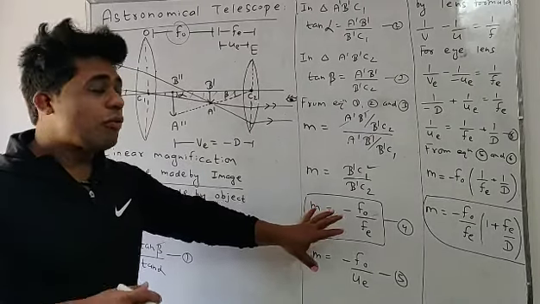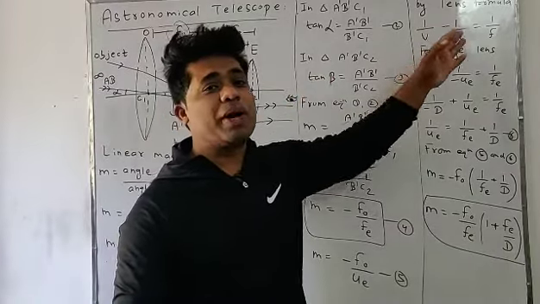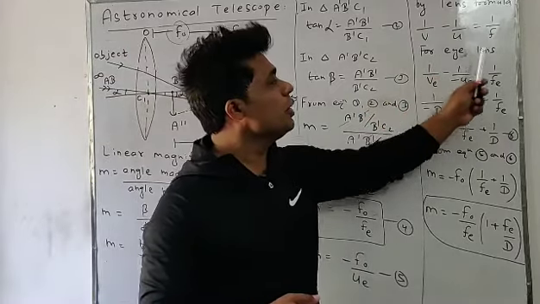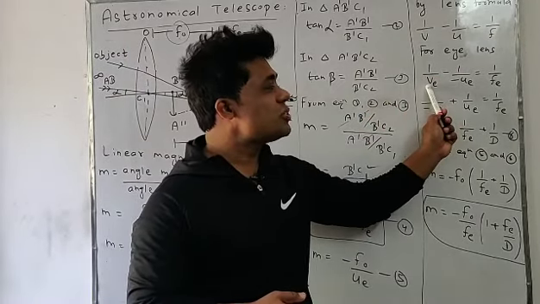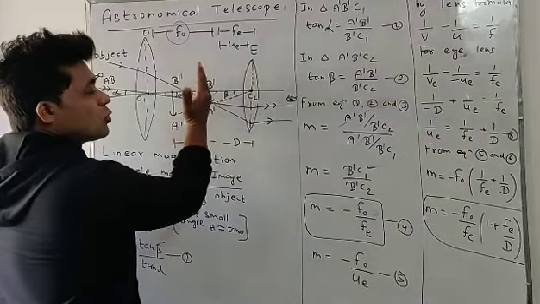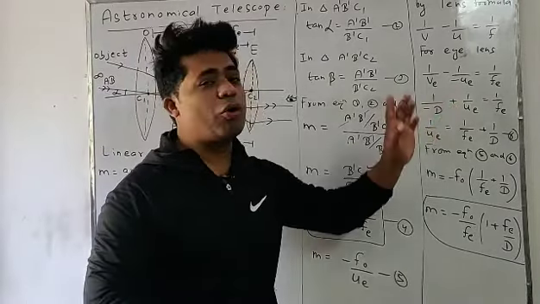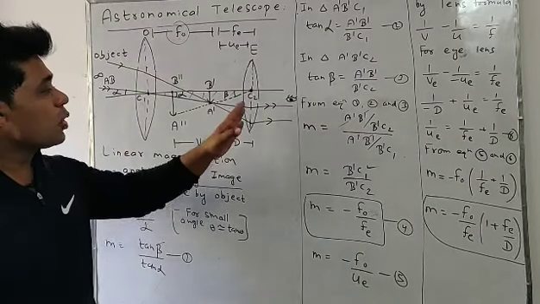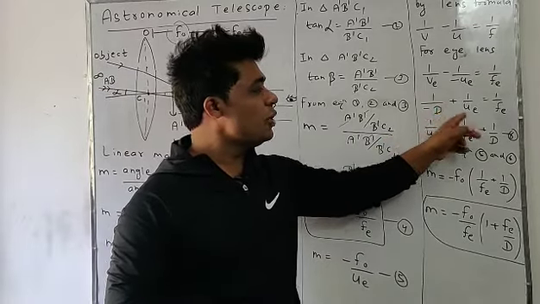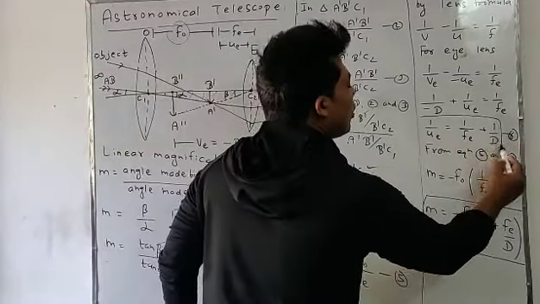Now students, we have to find the magnification when the final image forms at the least distance of distinct vision. I am applying the lens formula, 1 upon V minus 1 upon U equals 1 upon F. Convert this to the eyepiece lens: VE, UE, FE are the image distance, object distance and focal length for the eyepiece lens. For the eyepiece lens, the object is placed on the left side, so using the sign convention we use minus UE. Minus minus becomes plus, and V is minus D because the final image is formed at the least distance of distinct vision. So we have to find UE: 1 upon UE equals 1 upon FE, minus 1 upon D transferred to that side, plus 1 upon D.